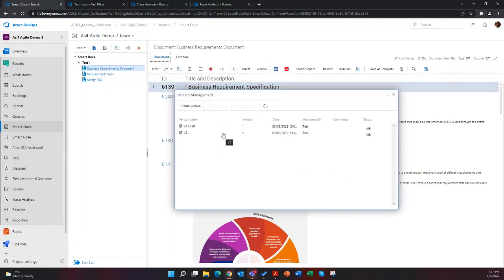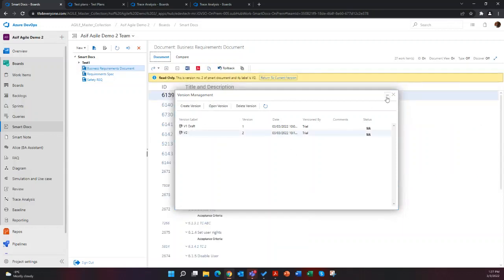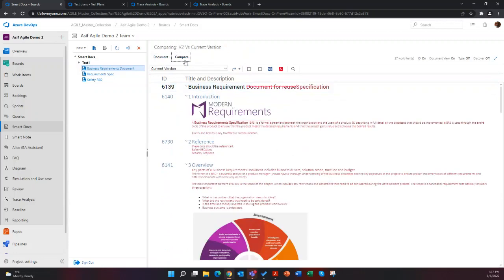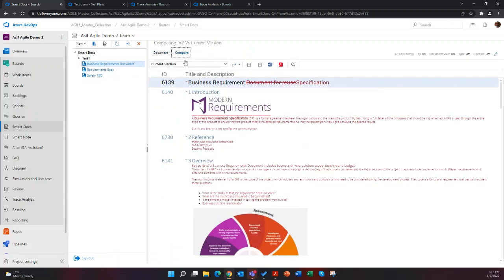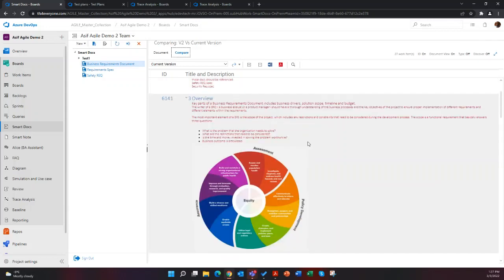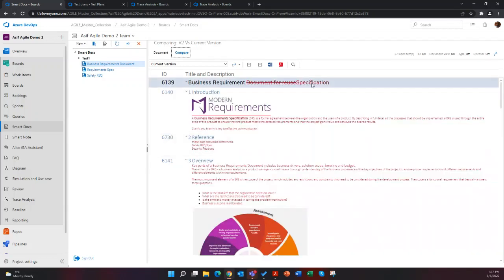So you can take a look at, let's open up version 2 and see what V2 looks like. And then you can compare version 2 to the current version. You'll see a red line view. The red line view obviously becomes extremely useful to understand what was added, changed, or removed, whereas in the history, you just see at the macro level what changed.